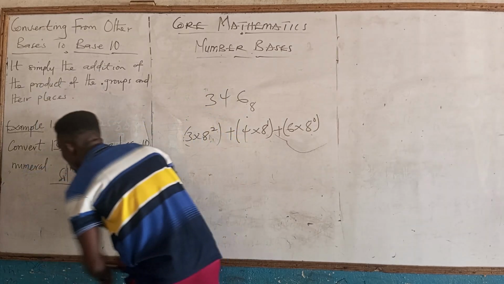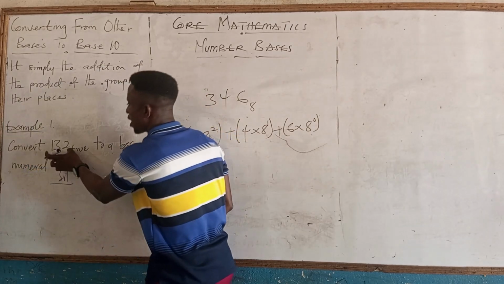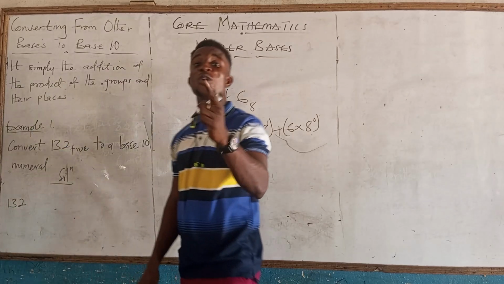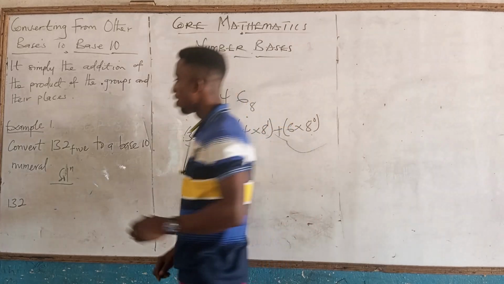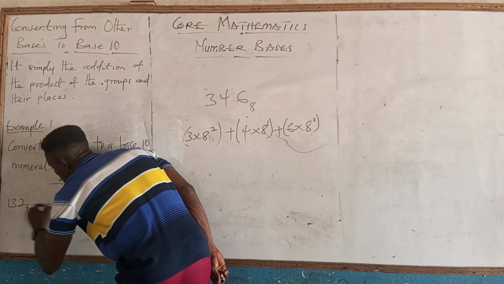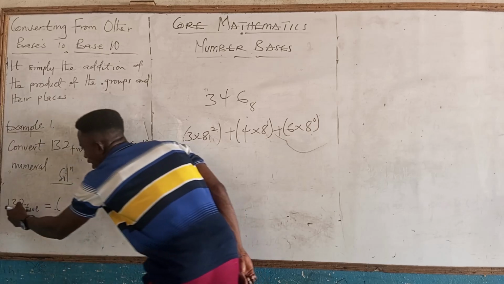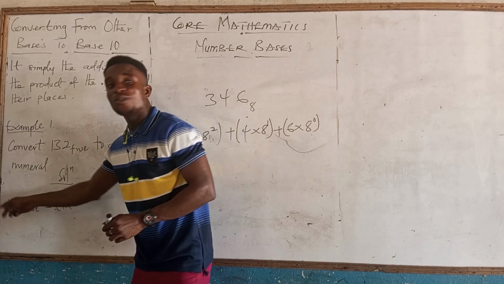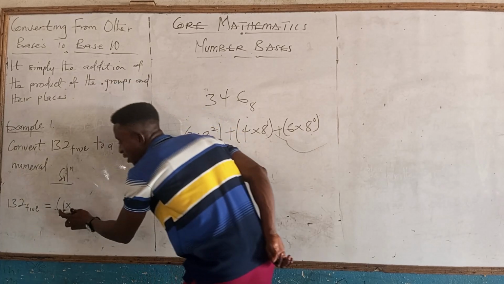So I'm going to have that thing. And this one I can say 132, of which I'm wrong because we are not in base 10. So I'll say 132 base 5 is equal to, then I take the 1 and multiply it by, we are saying we have one group of 25 and we are going to multiply it, that is the group, by